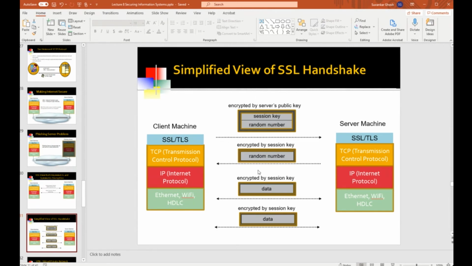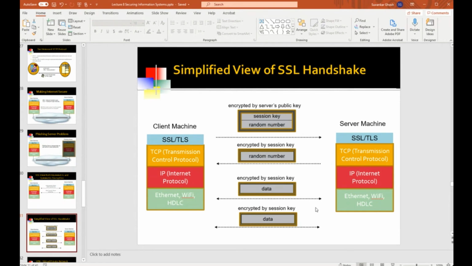So now if we encrypted all the data transfer packets by that very long encryption key, the performance is going to suffer, because then each of those packets would have to be first encrypted using the long key and then decrypted using a long key. That takes time.